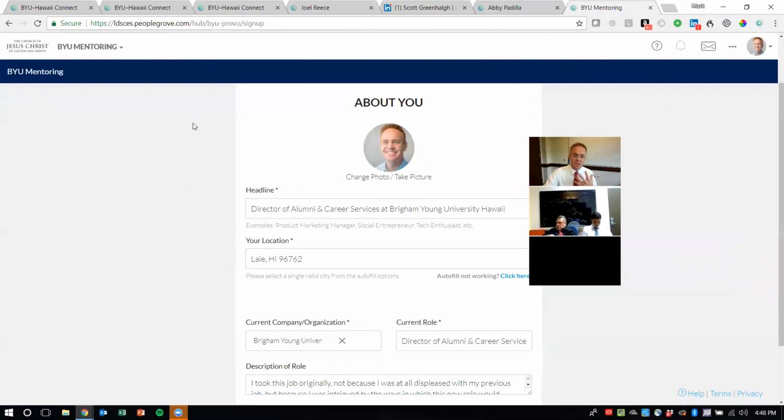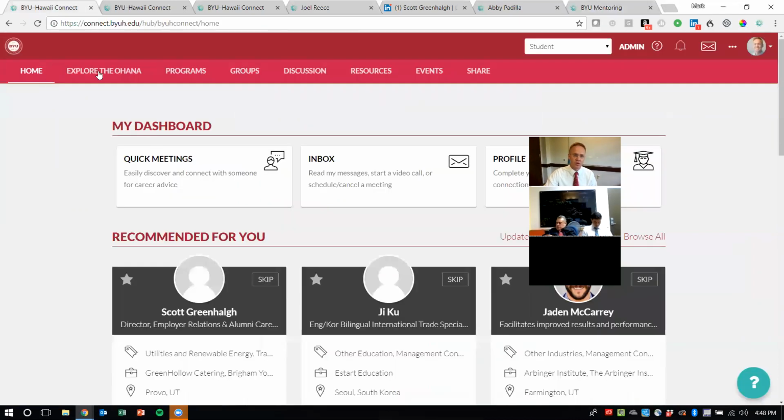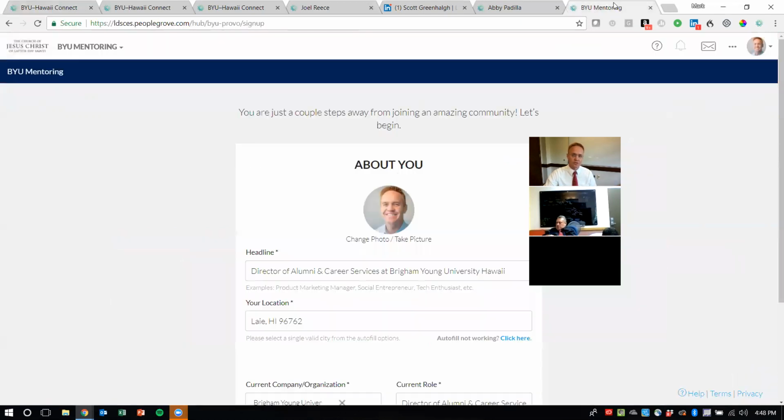And what's going to be different than the BYU-Hawaii is everything at this blue bar and below, which again over here is all these tabs, all of the experience down here, the resources, the discussion feed, the groups, the programs, the events. Everything at this second bar and below is unique to what we call the hub, to the university. But everything that's above is actually common across all the universities.